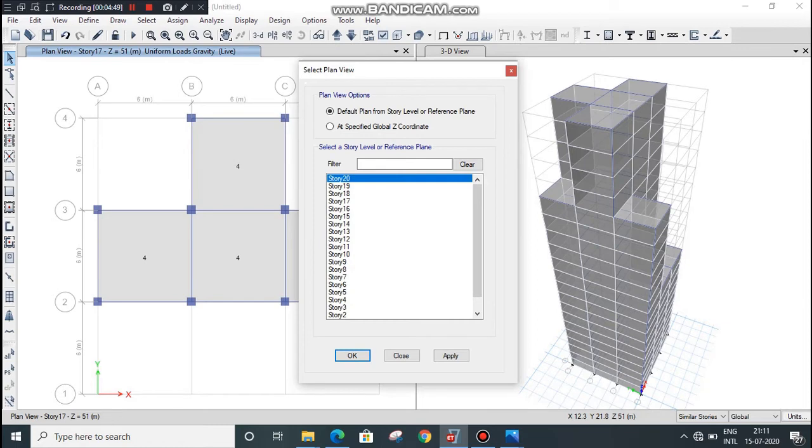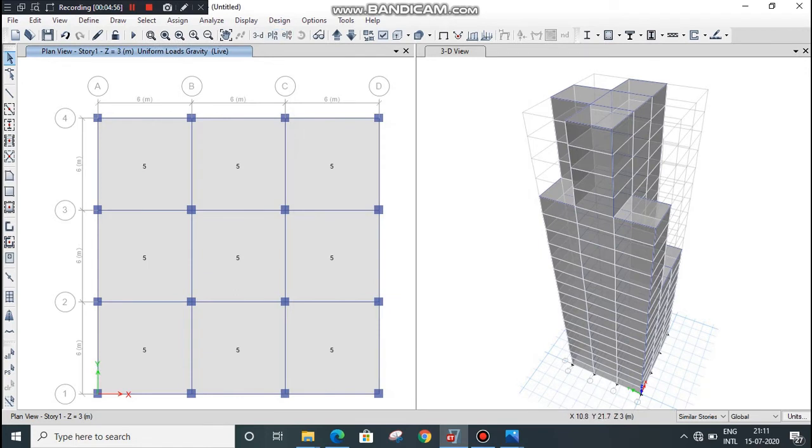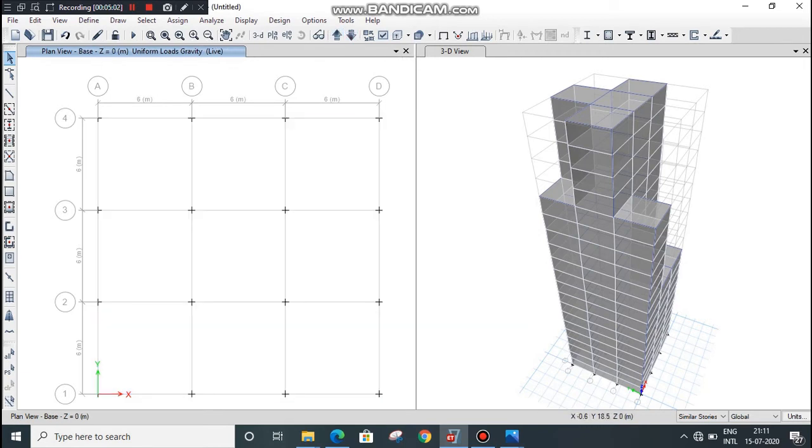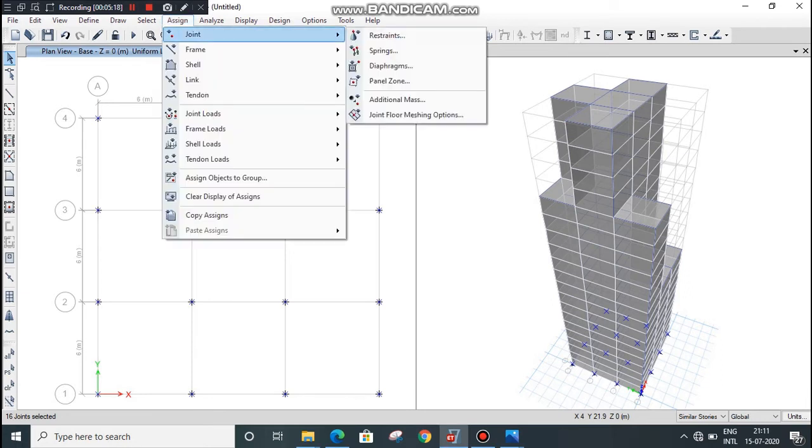Now go to story number 1. You can go up story or down story using these arrows. Go to base story and select all the supports. Go to assign menu and joint option.